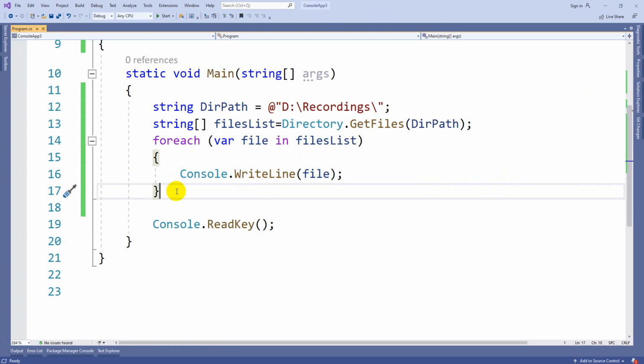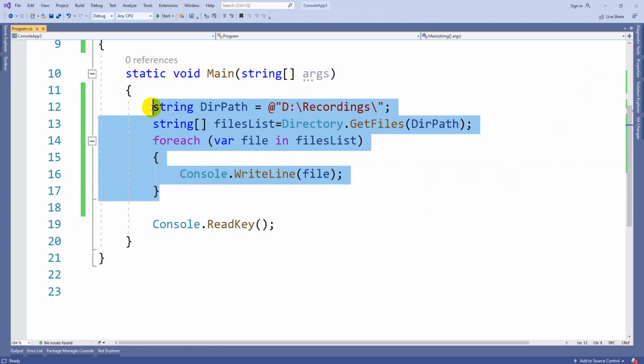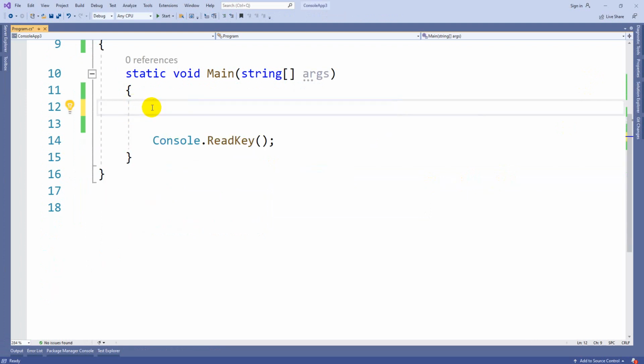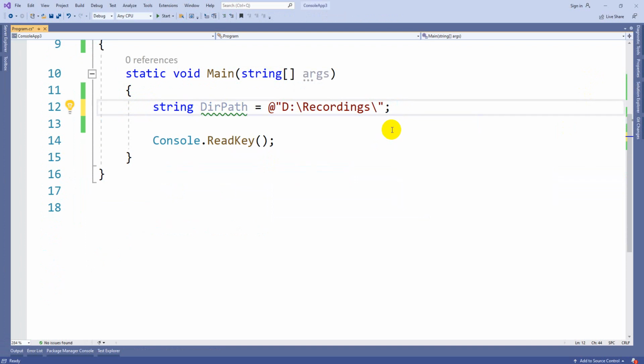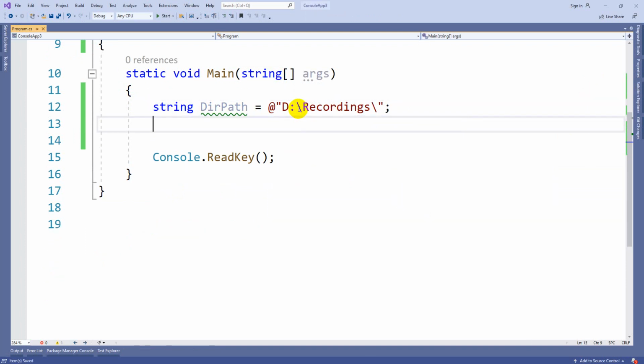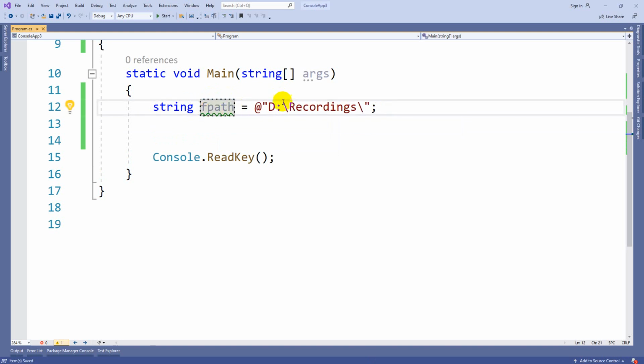Now the last and major one, working with the properties of the file. In this path, I just want to check how many files are there, what the file extension is, and what the file size is and all those. Before that, let me take a single file, and in the D drive we have test.txt.